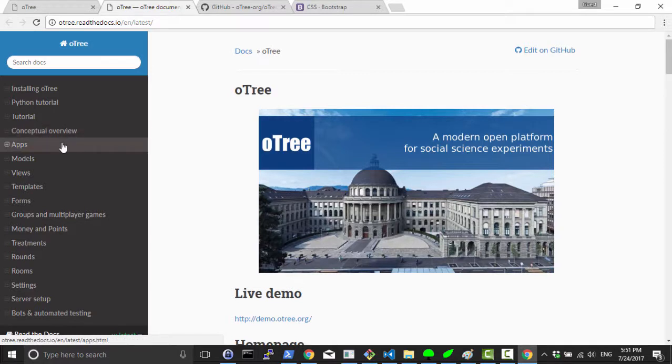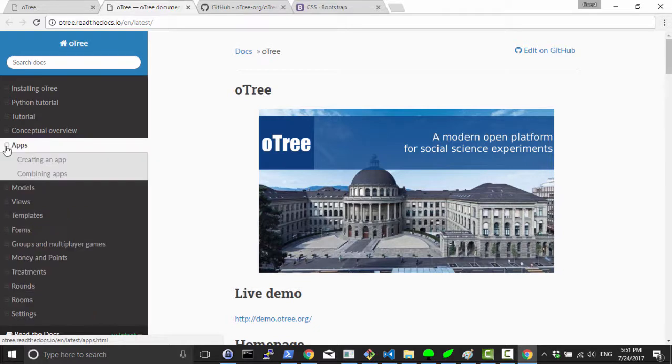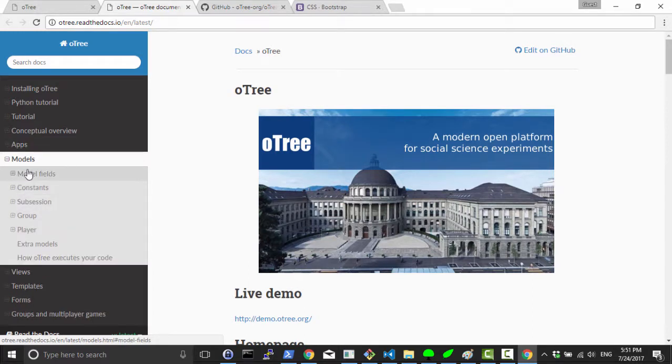Here we have how to create an application. Here we have everything about models, on how to create database tables, and each and every table that we have by default. So for example, we have the constants, all the configuration of one application. The subsession is an instance of running the application for one time. And we have the group,